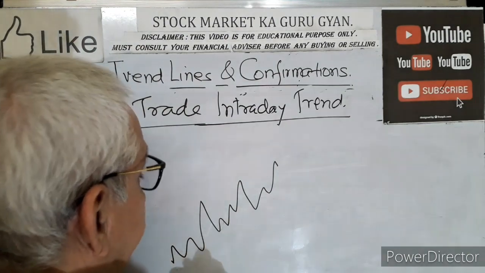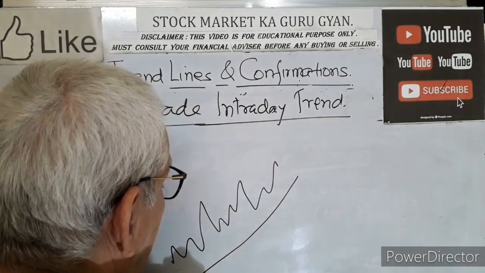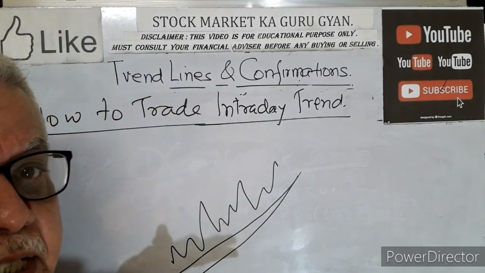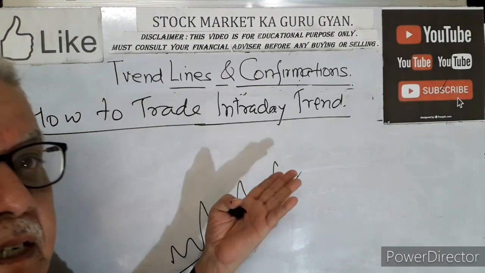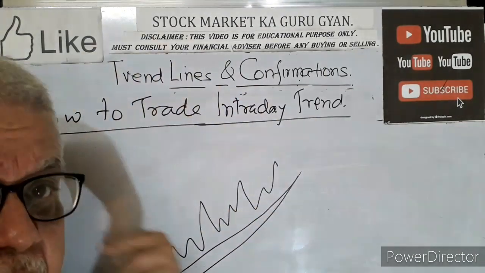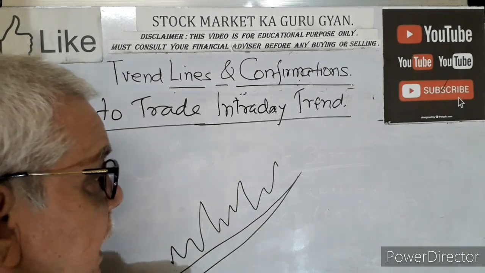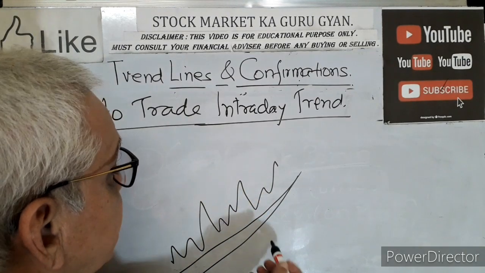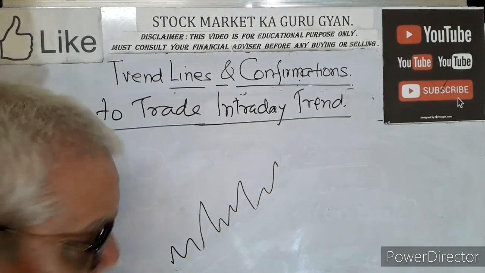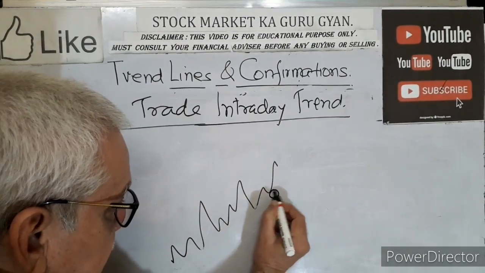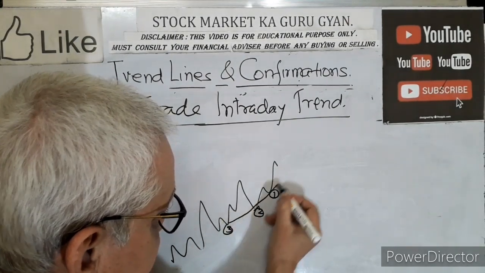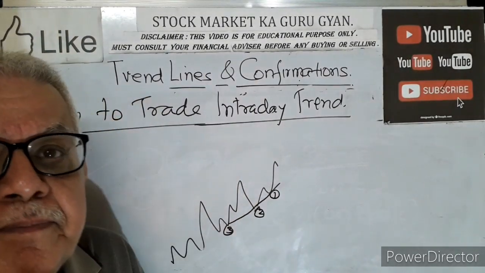You see, friends, what will happen here is that the moving averages are also showing the trend. Like trend lines, moving averages also show the trend, which we have seen in our previous video 212. Otherwise, if you do not want to consider it like this, what you can do to find the trend is take point number 1, point number 2, point number 3, and just draw an imaginary line and you know the trend.